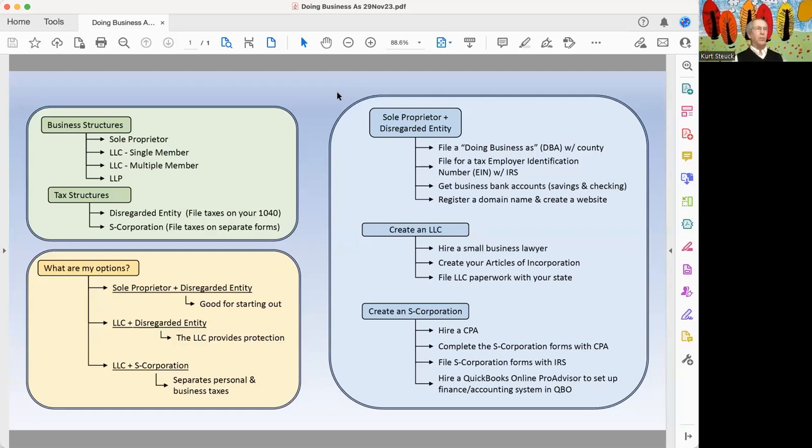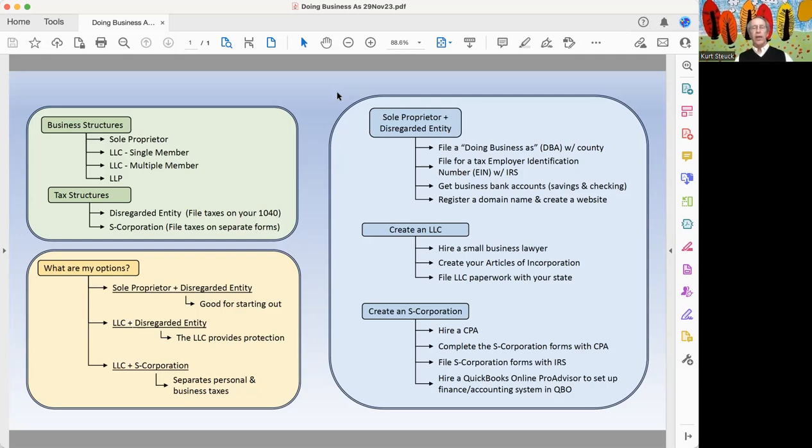Hello, all. I'm Kurt Steuck, and I started out like many people working as a sole proprietor, working by myself. As the business grew, I needed to take on a couple of consultants, so I brought consultants on board. The company kept growing in terms of business, and so I ended up realizing I needed employees. And so I've worked over the last 12 years in understanding the differences between the business structures and the tax